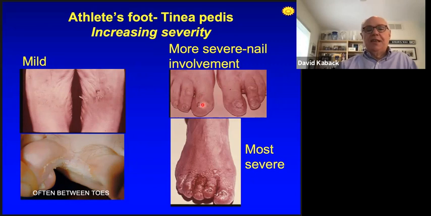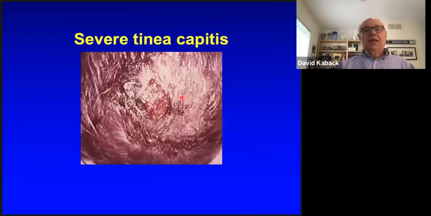It can go into the nail bed and cause a nail infection called Tinea unguium or onychomycosis. And if you scratch and scratch and scratch, you can get more allergic response to it. You can get bleeding, you can get pus formation, and it can become more severe, very often compounded by a bacterial skin infection due to the tissue damage you've done by all that scratching. Here you can see a kid has scratched his head so much that it's now bleeding and oozing pus.